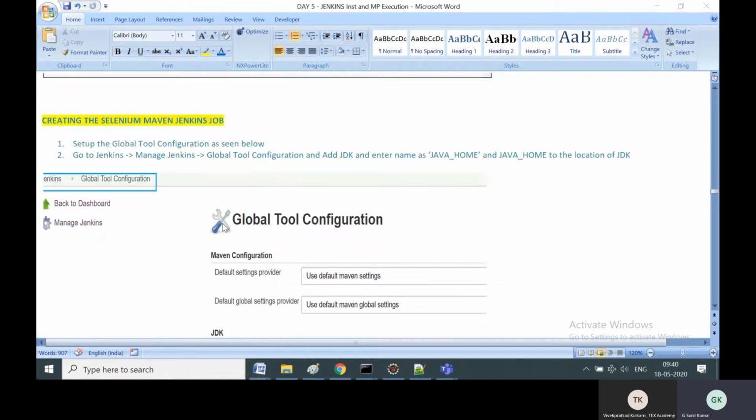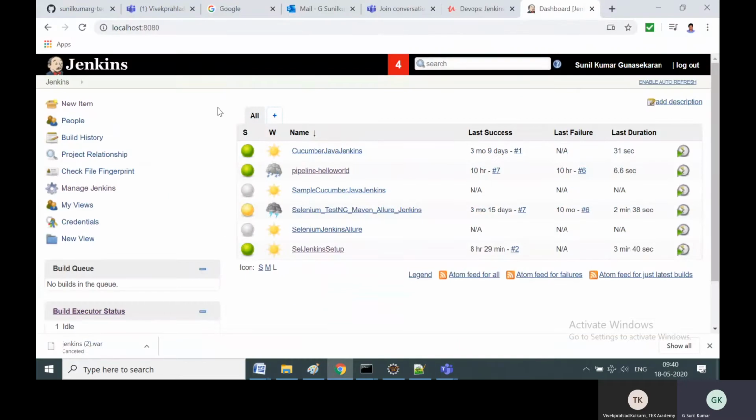Jenkins, as I told you, is continuous integration, continuous development. We have already downloaded the Jenkins.war file, started the server, and hosted it. We have opened the Jenkins URL on localhost 8080, and once you land on this dashboard after you log in with your username and password, you have to click Manage Jenkins.